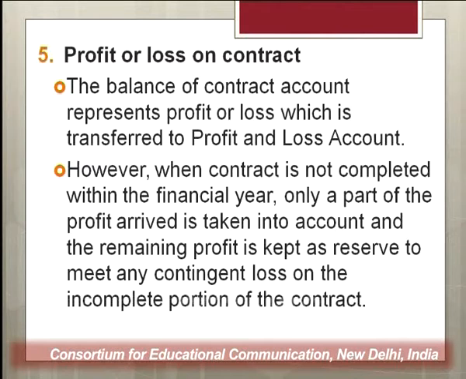The work in progress, the material left over, the value of the plant that is left at the site, that is being credited. So on the one hand, you have expenses, and on the other hand, you have revenues, or you may say the value of the assets and the material which you have. The difference of the two is the profit or loss. So how do we find out the profit or loss? At this moment, I have simply said that the difference between the cost and the contract price, if a contract is completed in the same year, is the profit.